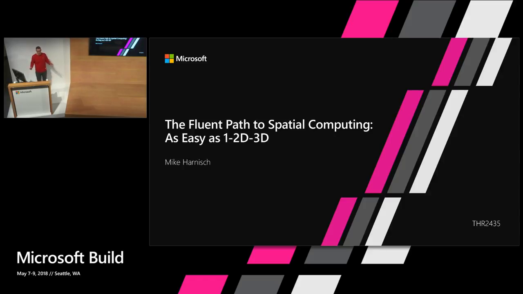I'm Mike Harnish. I am a creative director working on the Windows Next team. We build first-party Windows apps spanning from things like Paint 3D on the desktop all the way to our layout and remote assist applications we're building for HoloLens. And I'm here to discuss the power of spatial computing for 2D applications and how Fluent Design System will help bring the power of 3D to your experiences, even if you aren't a 3D developer.